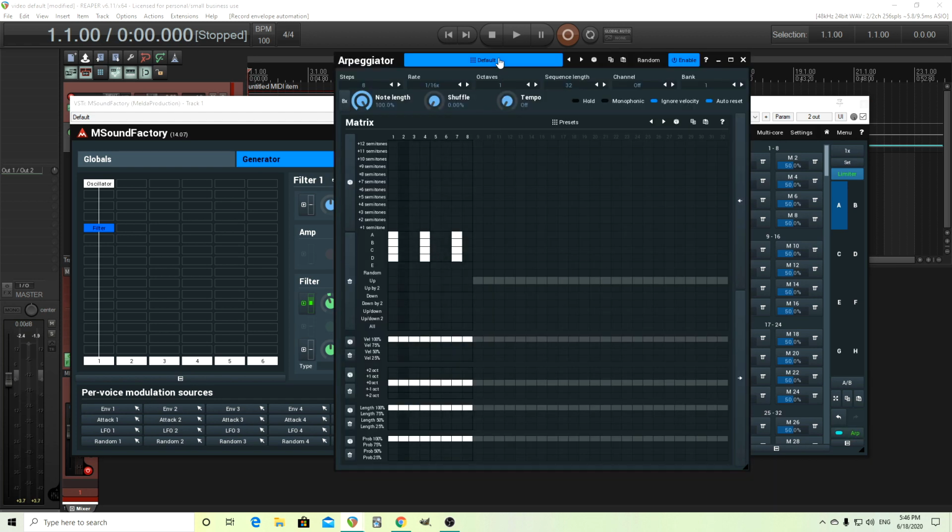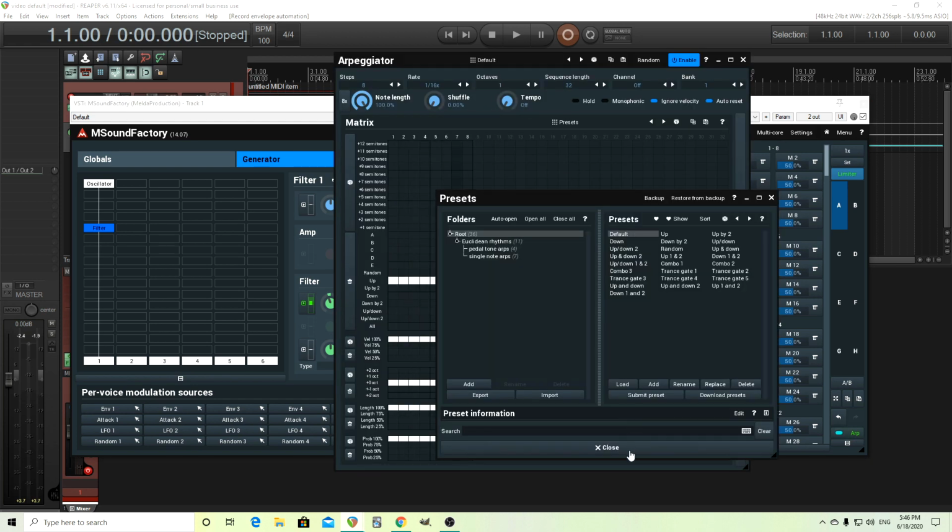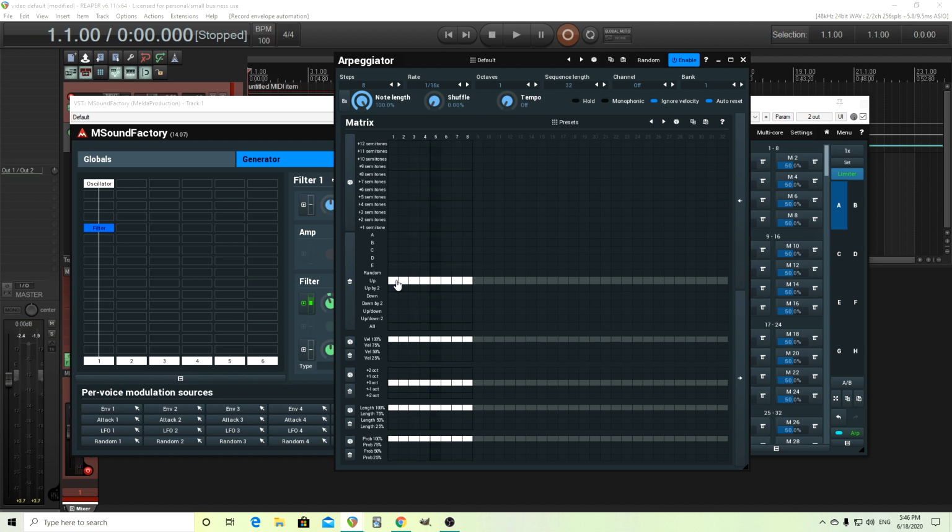So if I go into here, let me go back to default. You'll notice here where it has semitones. And there's actually lots of things you can do with this, especially in conjunction with the tempo. So these are just going to play up from a certain, like a semitone from the root, I guess. So if I have this as the root A, and then the next one, 1 semitone, 2 semitone, 3, 4, 5, 6, like this. So now if I play something on my keyboard,